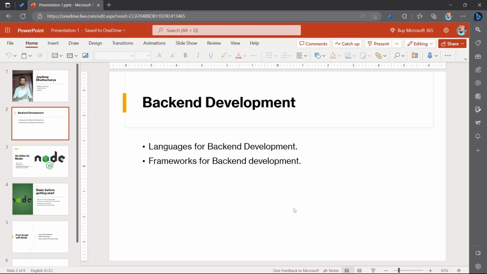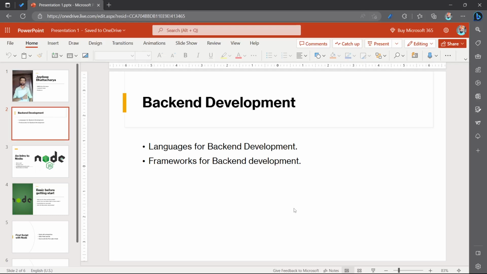Without them, we cannot build our UI. You can build UI without JavaScript, but to make our website more dynamic and interesting, we have to use JavaScript for front end development.